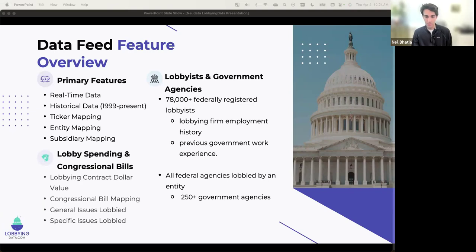We wouldn't have been able to win certain clients who are using this for trading without the subsidiary mapping system, because a company like Dairy Queen or some subsidiary of, for example, Waymo, I think it's owned by Google, those are things that they lobby as themselves rather than as Google and Berkshire. So that's incredibly difficult to do on a technical basis unless you have a data store that captures subsidiaries. So we have a pretty sophisticated algorithm now that captures based on the parent company and the subsidiary.